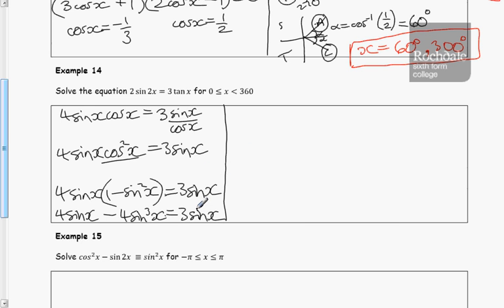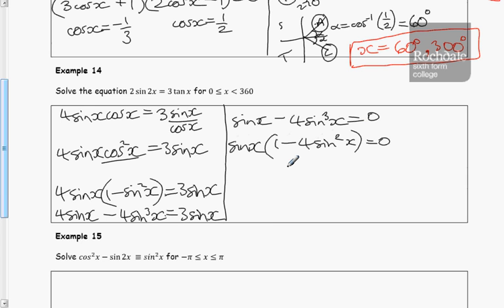So let's collect all the like terms together. If I take away 3 sine x from both sides, on the left I'll just have 1 sine x. I've still got the minus 4 sine cubed x. Now it's a cubic. Of course, I mustn't divide by sine x. Instead, we must factorize. So bring out a common factor of sine x. And then inside the brackets we have 1 minus 4 sine squared x equaling 0. 2 possibilities here. Either sine x is nothing,